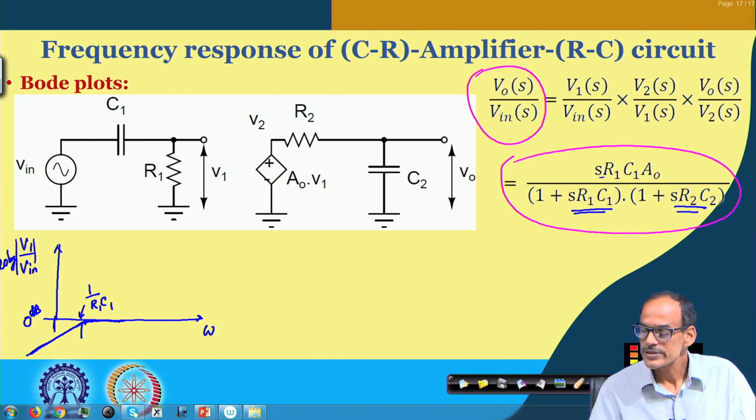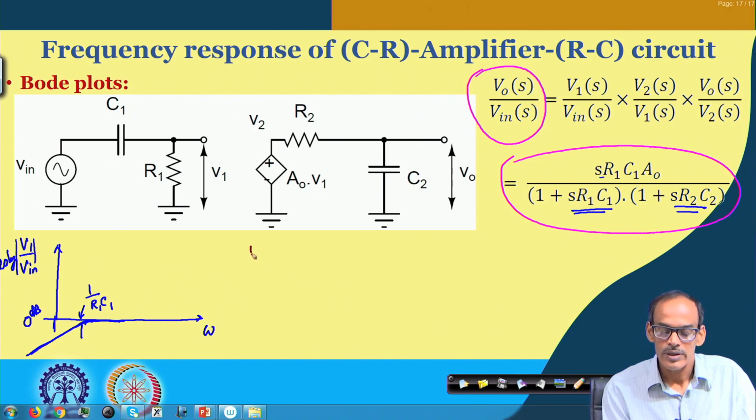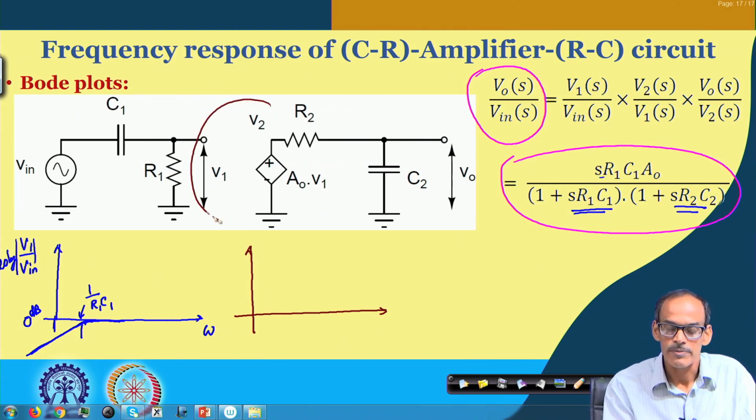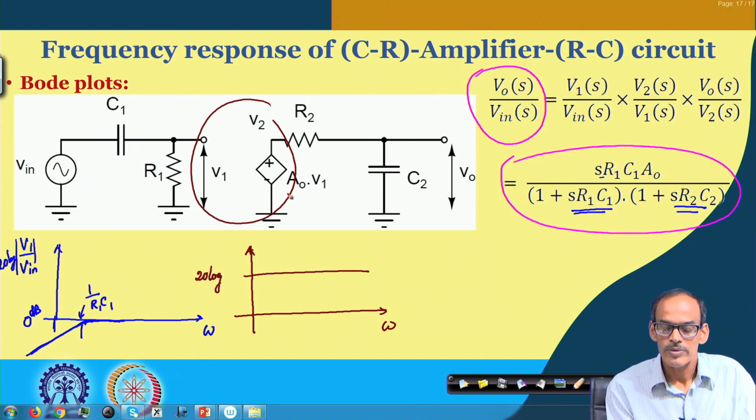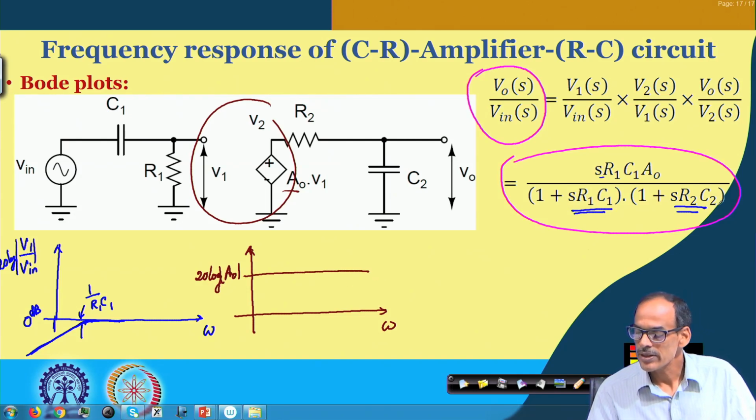Second part, if I consider it as remaining constant, so this part is remaining constant, and this level is 20 log A naught, whatever A naught we have. So it is remaining constant. On the other hand, the third part, which is the RC circuit,